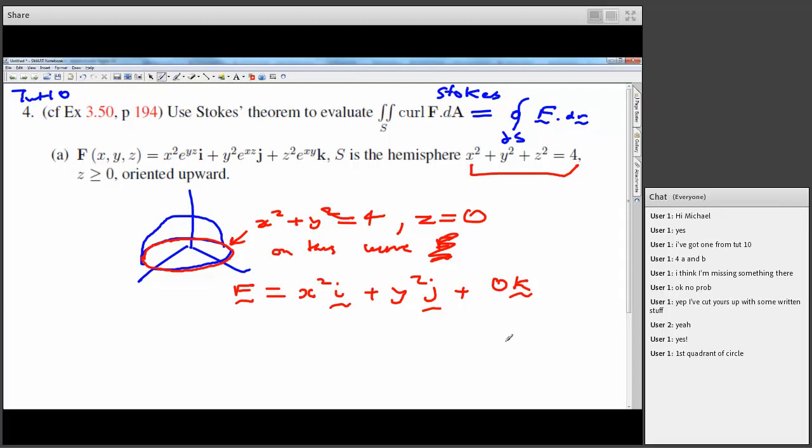So this is what the vector field looks like on that curve, and so the integral will basically become the integral around this circle of x squared dx plus y squared dy, and plus no dz if you want to think about it. So that becomes the simplified curve. This is integrating around a closed curve, effectively just in the xy plane, and so you could do it by parameterisation, but I would be thinking that maybe Green's theorem